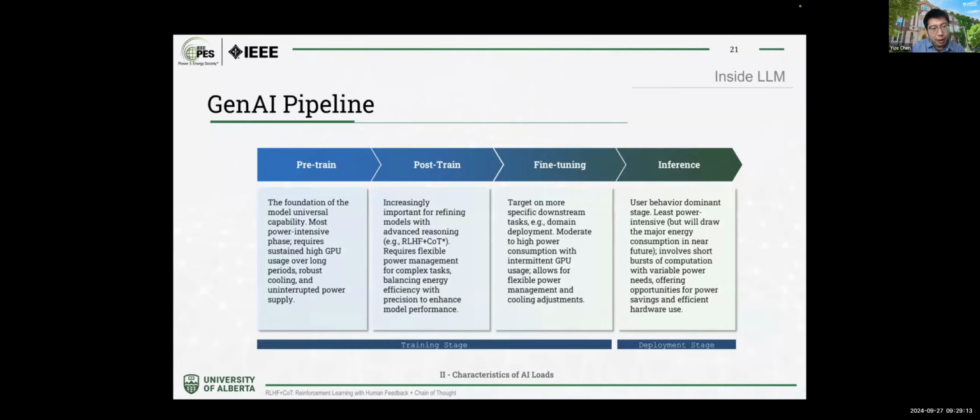And for the generative AI pipeline, right? We are talking about the power load. We are not only talking about a certain stage, say training the model or inference. Essentially, generative AI has a very dedicated and multi-stage pipeline, starting from pre-training, where a lot of data needs to be prepared and we need to cold-start the GPUs. After the training, we have a lot of procedures. Right now, we have something called chain of thought, like the O1 model, or using RLHF. For fine-tuning, we train the models with some external data. And for inference, there is more interaction with the users, and a lot of cold starts and also sharp ends for each session.